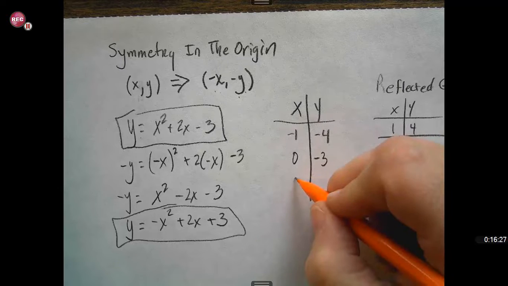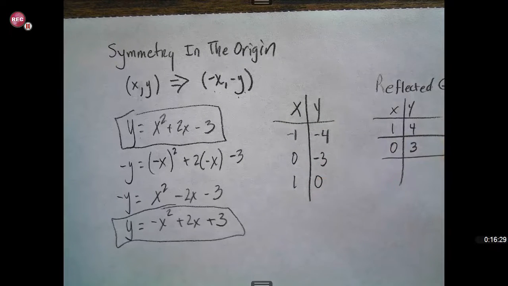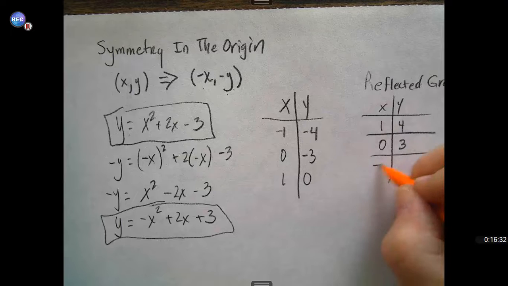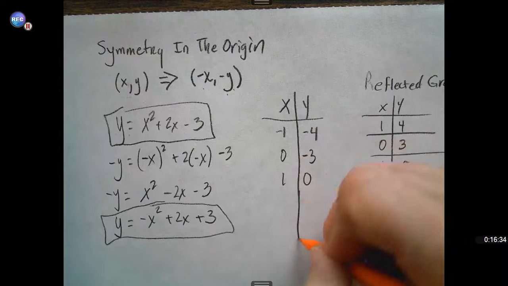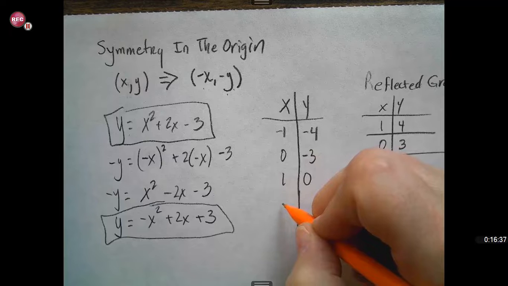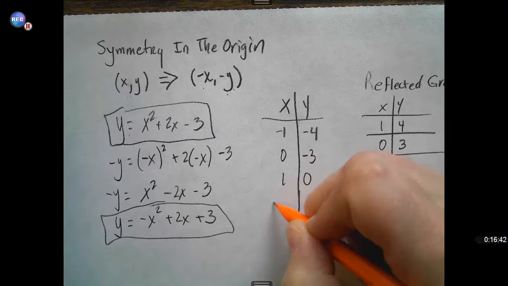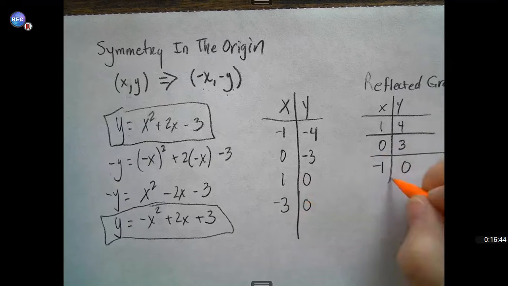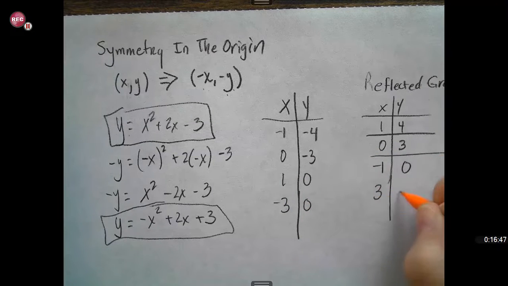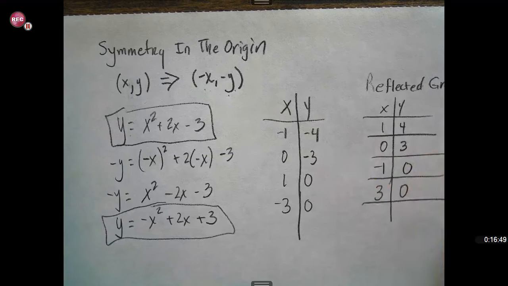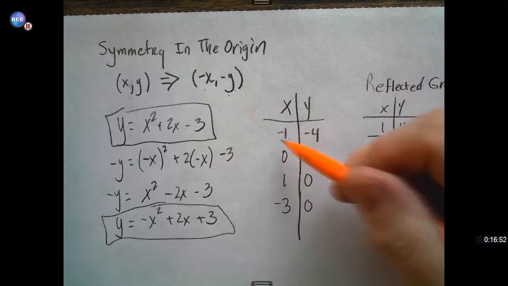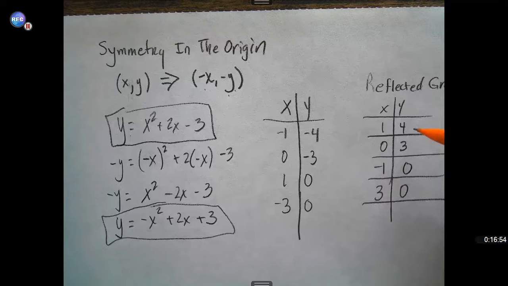And then 1, 0 was one of the x-intercepts, becomes -1, 0. And the other intercept was -3, 0. And so -3, 0 becomes 3, 0, and so on. And so I can graph the original function, I can graph its reflection about the origin, just by changing those ordered pairs, okay? And so, as far as homework goes,